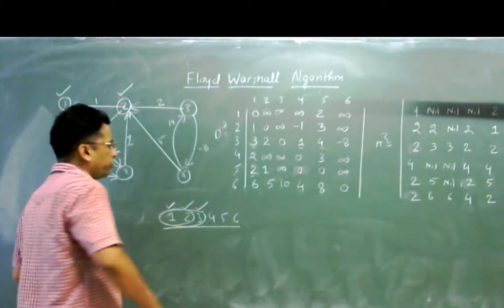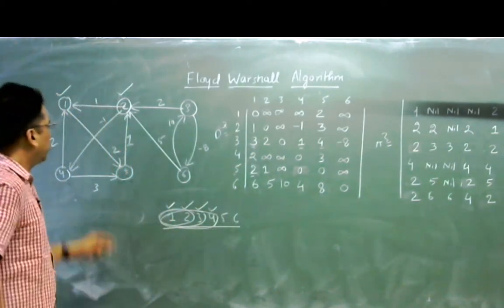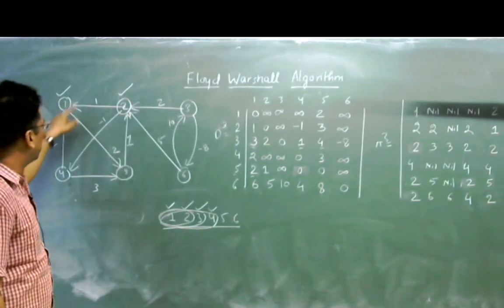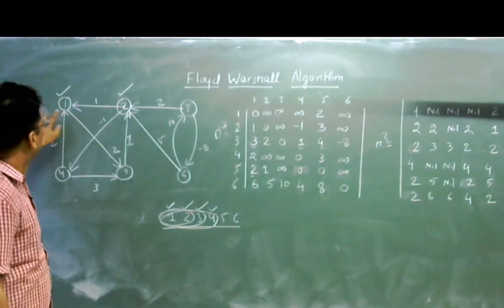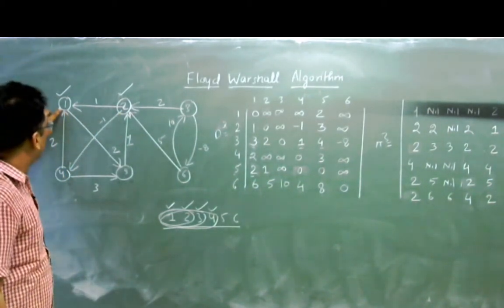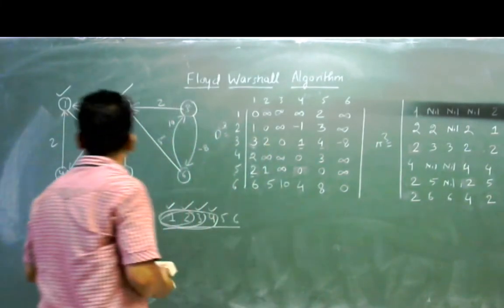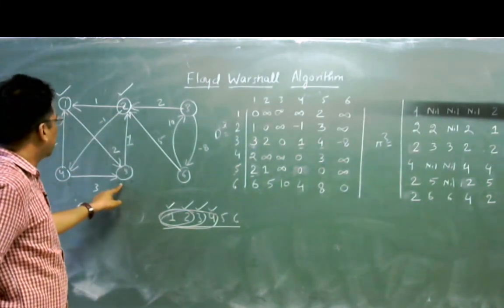Now the node number 4 becomes free. Now the node number 1 also becomes free. This will create advantage, because if this is free, then minus 1 plus 2 is 1. The 2 will take the advantage and distance of 1 will be 1, but 2 to 1 is already 1. 2 will find a new path, minus 1 plus 3 is equals to 2.